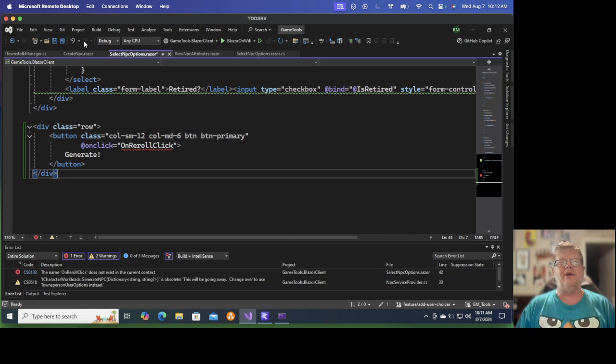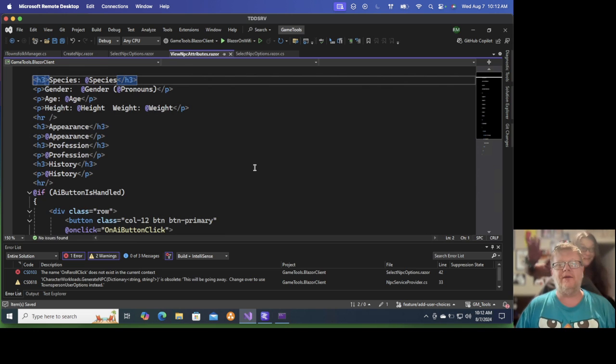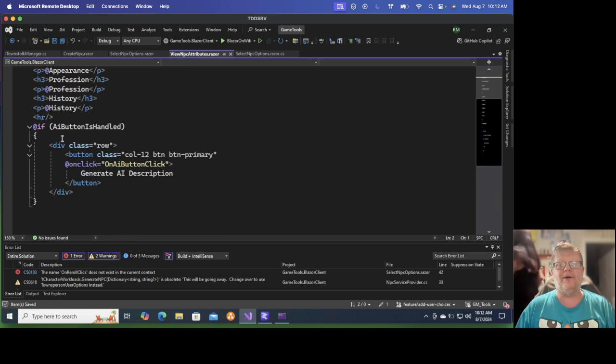Okay. Now, I connected all of this stuff up a little bit differently over here. So if AI button is handled,